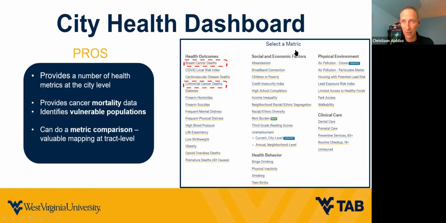And I'll show you those here, including breast cancer and colorectal cancer deaths. So that's mortality, not prevalence or incidence, like the grant application requests. But it does have access also to a number of measures where you could identify vulnerable populations, as well as some of these other air pollution, lead exposure, walkability, park access, access to healthy foods, which are also, again, in